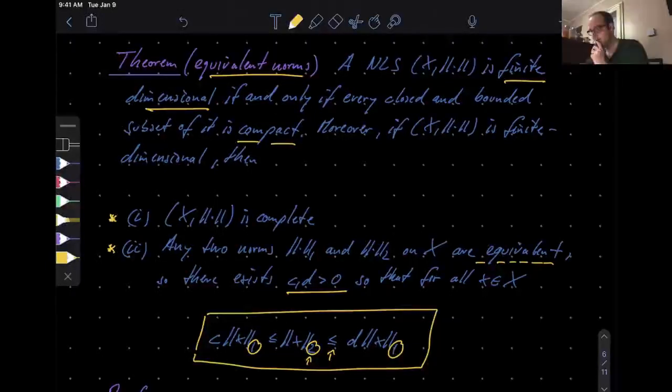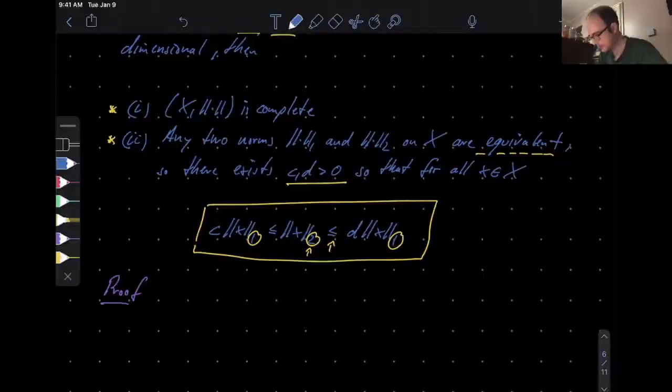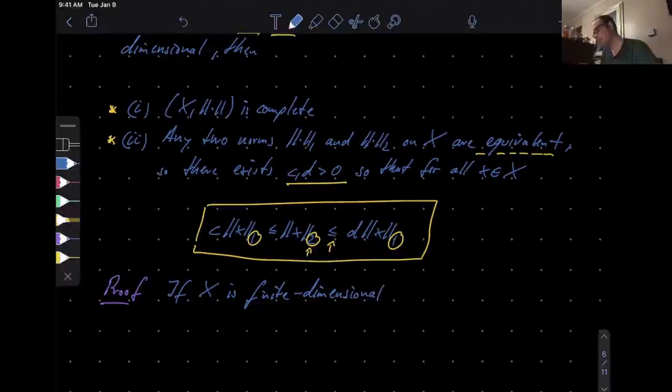Okay, now this theorem will take a little bit longer to prove, and in fact before we start proving those 3 properties, we will assemble some general facts that will help us eventually in proving them. Okay, so let's get started. In general, if X is finite dimensional, okay, this is a notion that is defined in linear algebra in terms of a basis that has only finitely many elements, and then if you have this, there's a unique number attached to that space, which is the dimension. Let's call it n,